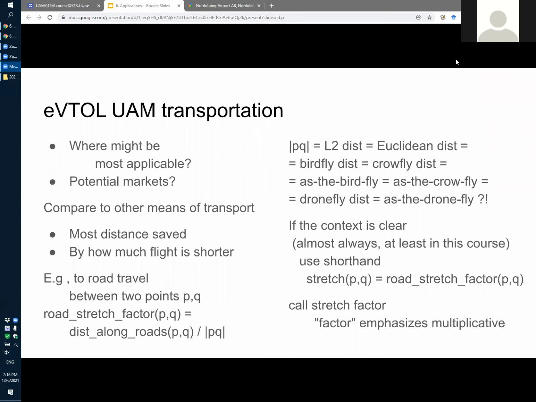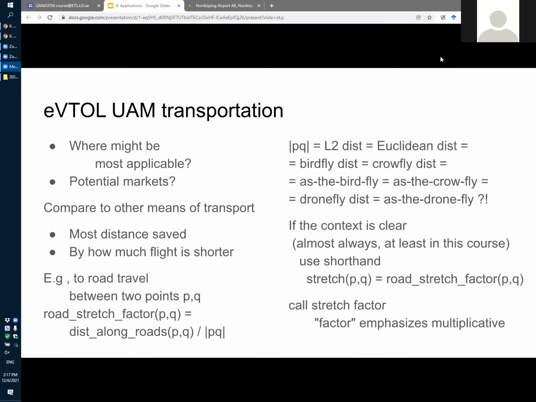So one question about the applications is where could the UAM, transportation using the air for traveling or for transporting, be most applicable? Or if you're looking at it from the business perspective, what are the potential markets? And of course, if you speak about markets and competition, you have to compare to the different means of transport